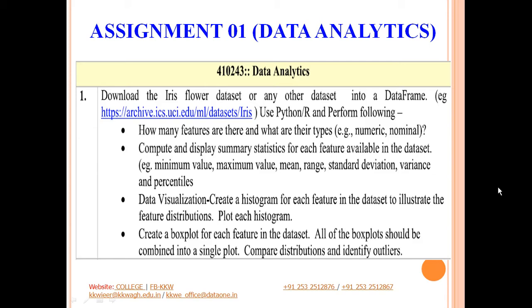Then we have to create a histogram for each of the features and plot it. And the last one is, we have to create a box plot and also identify the outliers. We will see the sample code and how to execute this code using R and Python.